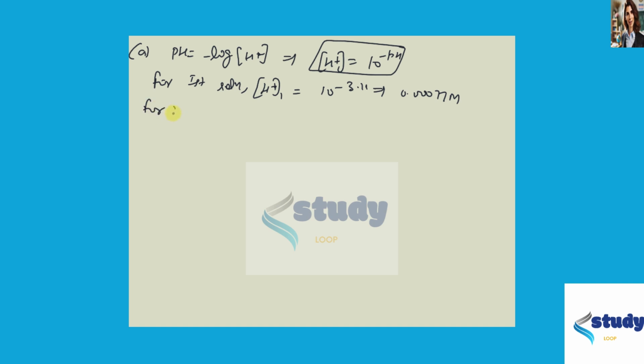Similarly, for the second solution, the molarity comes out to be 10 raised to power minus 4.47, and when we solve it, it comes out to be 0.00034 molar. And when we compare these two acids,